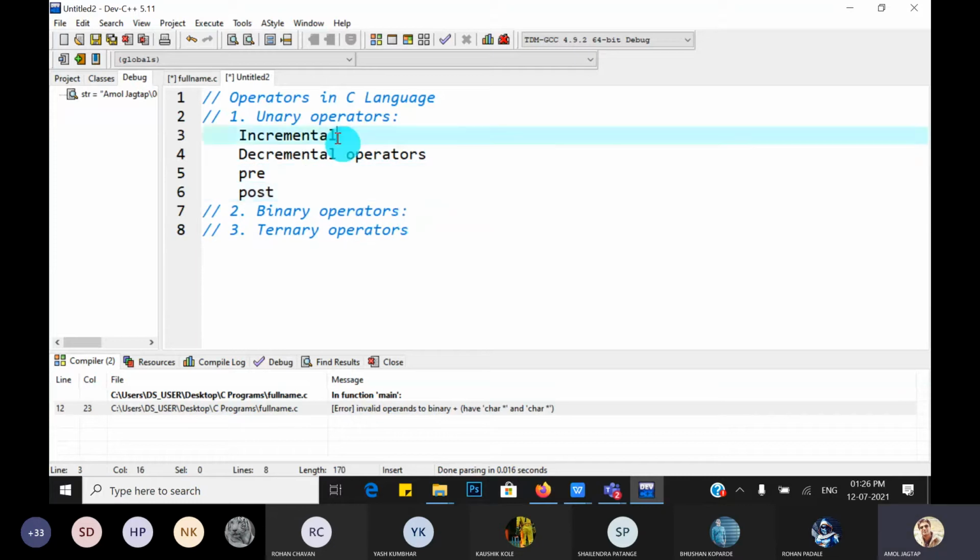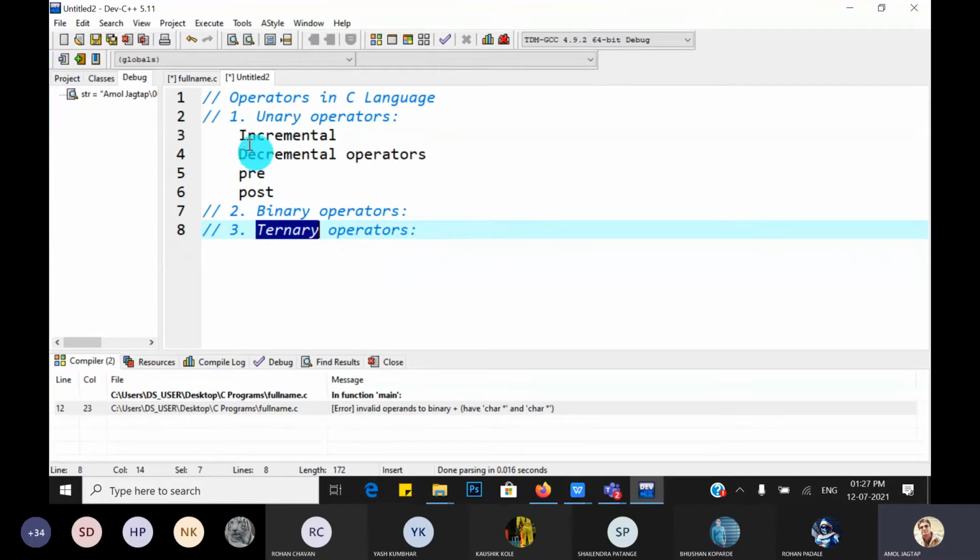That means incremental operators are again divided into pre-incremental and post-incremental. Decremental operators are also divided into pre-decremental and post-decremental operators. We will see what this is. And the ternary operator performs the operation on three different operands. We will see these in the next lecture.